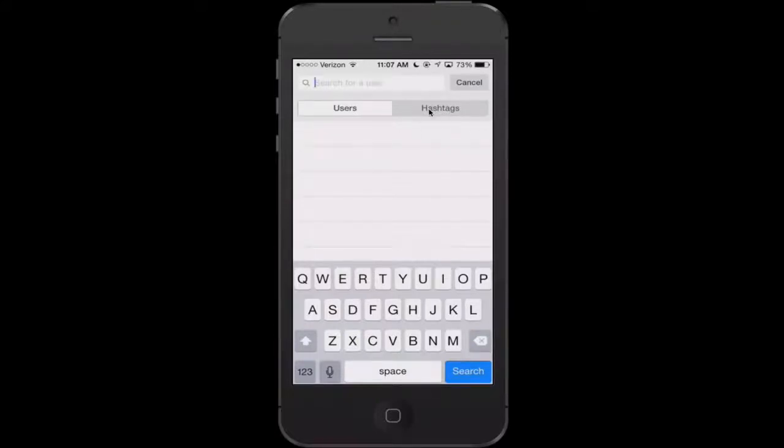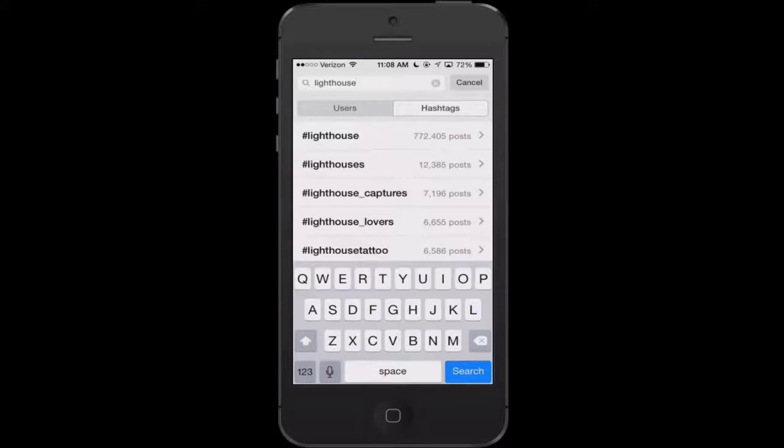And then over here on the right-hand side, we have hashtags. Hashtags on Instagram work basically the same way that they work on Twitter. A hashtag is represented by the pound symbol. So when I am posting a photo, I can attach certain keywords. And that's basically how you think of a hashtag. It's a keyword. So let's say I am a fan of lighthouses, and I want to see who else out there is a fan of lighthouses and is posting that kind of thing. I can search under hashtags, type in the word lighthouse,